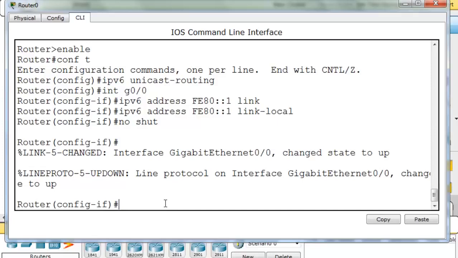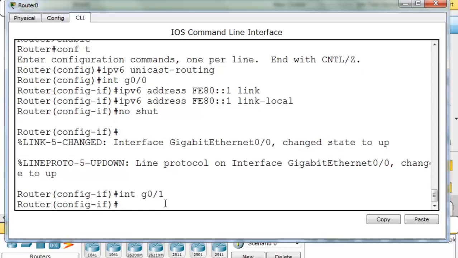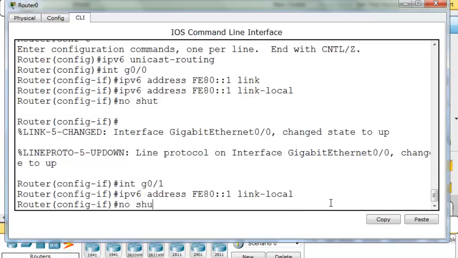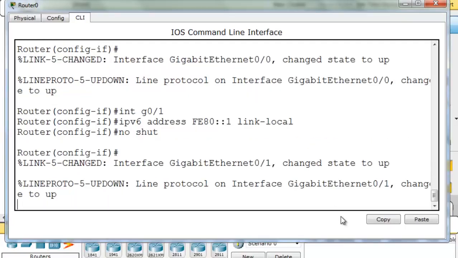So for the next interface, I can say interface gigabit 0/1, and I can do the same thing. And in fact, I can use the same link local address on the other interface. Since these link local addresses are only locally significant, they don't need to uniquely identify one network from another network. So I can just use the same address on the other interface, and that makes things even easier. So now both interfaces on the router have a link local address of FE80 colon colon 1,